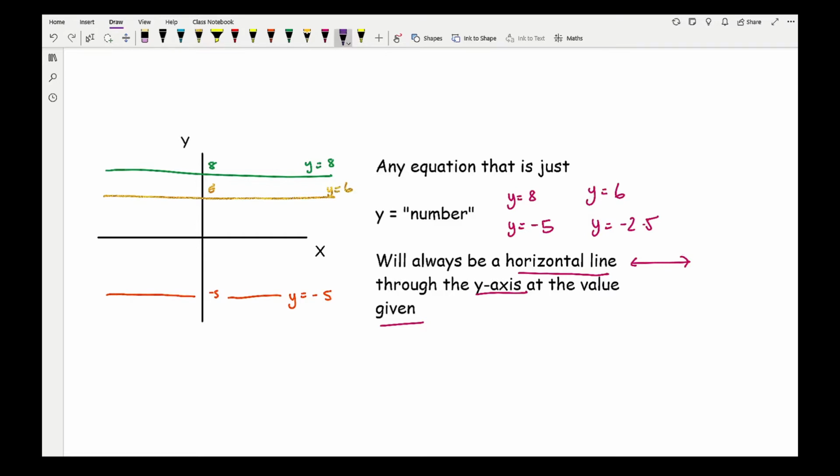And if we had a negative number, so if this point here was minus 2.5, then this line would represent y equals minus 2.5. And like we did before, y equals 0 is also known as